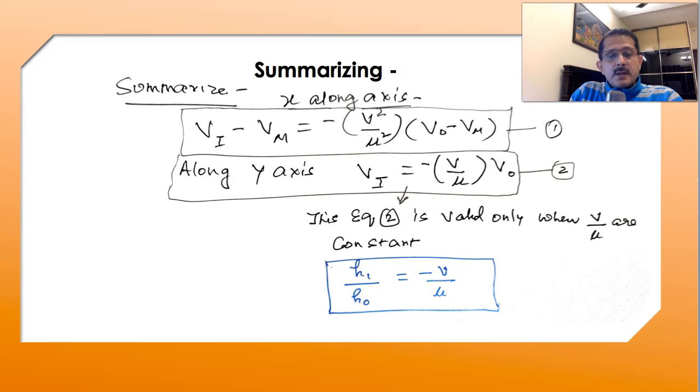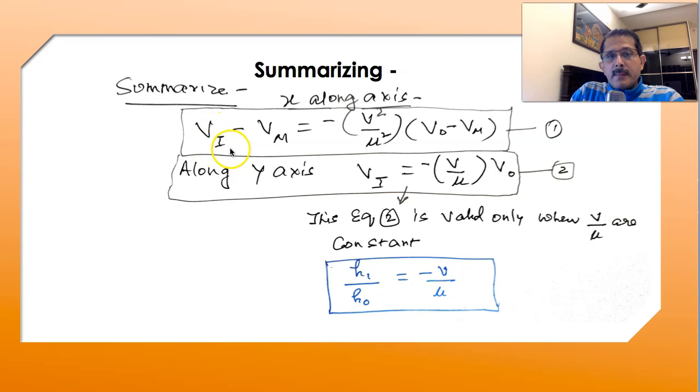Hi students. Let me first quickly summarize what we have done in our last lecture. If you can see on the screen, whenever we are talking about motion along the x-axis, we can say vi minus vm is equal to minus v square by u square into vo minus vm, wherein vi is, you know it,